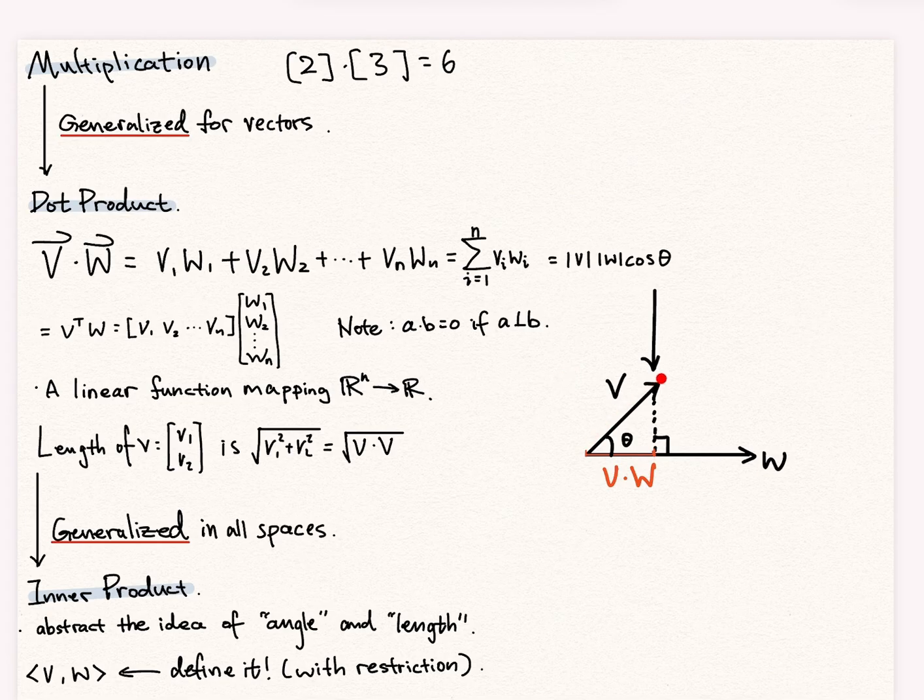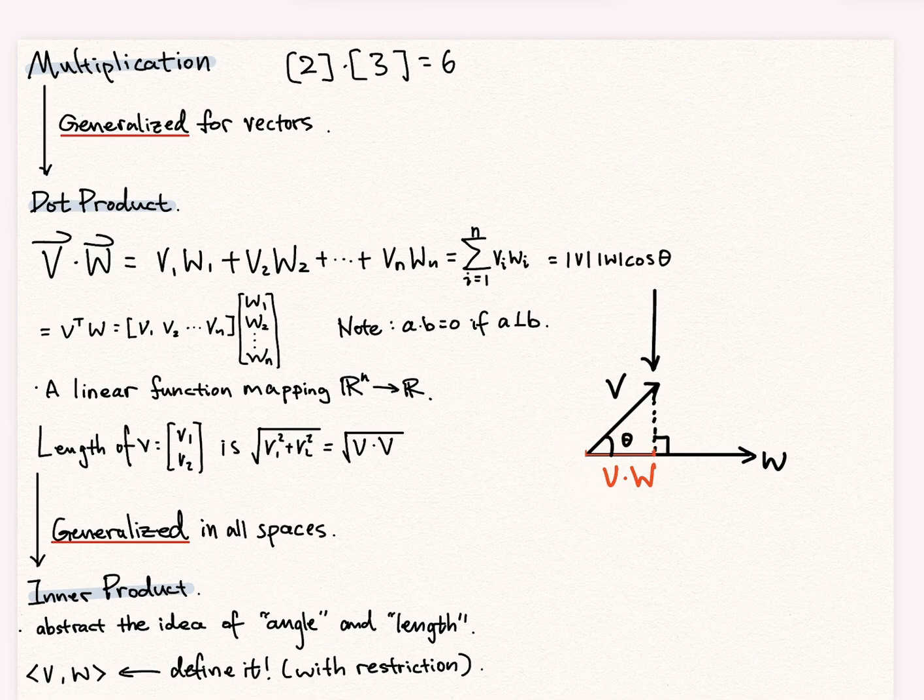Say v and w are these arbitrary vectors that I drew. v dot w is really finding the component of v in the direction of w. So you can think of v projecting onto w, and the result is a scalar of the length of this